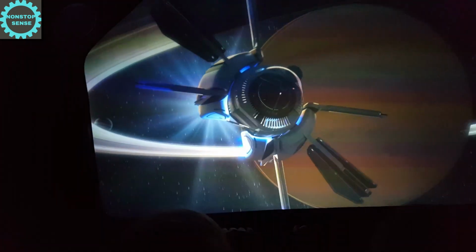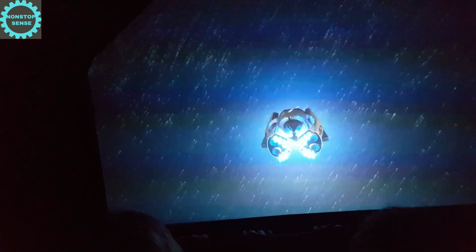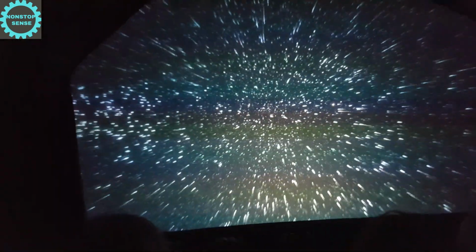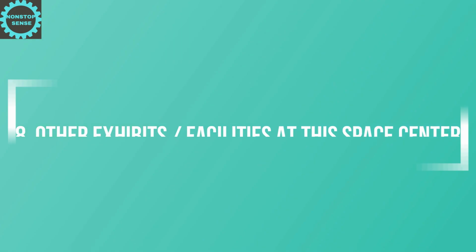Prepare for near light speed travel as we plunge into the heart of our galaxy, the Milky Way. Approaching Alpha Centauri. This is a nebula, a kind of nursery where stars are born. Enormous gravitational forces condense vast quantities of hydrogen gas into...